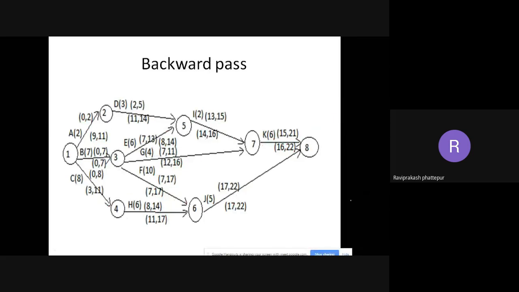So always remember, the forward pass is written on top and the backward pass is written at the bottom. Right? So write this one. Finish this and let me know. After doing this, we'll go to the critical path. Take it down, and as and when you finish, just let me know. Don't wait for others. As and when you finish, tell me on the mic so that I can understand that you have finished.